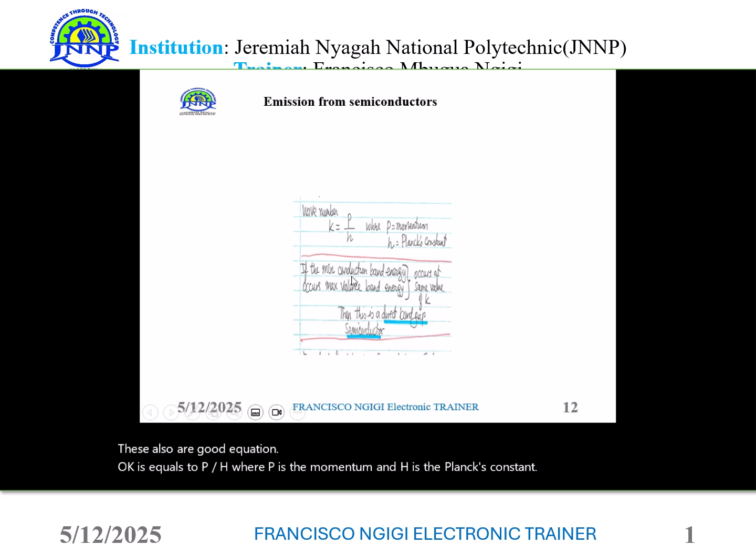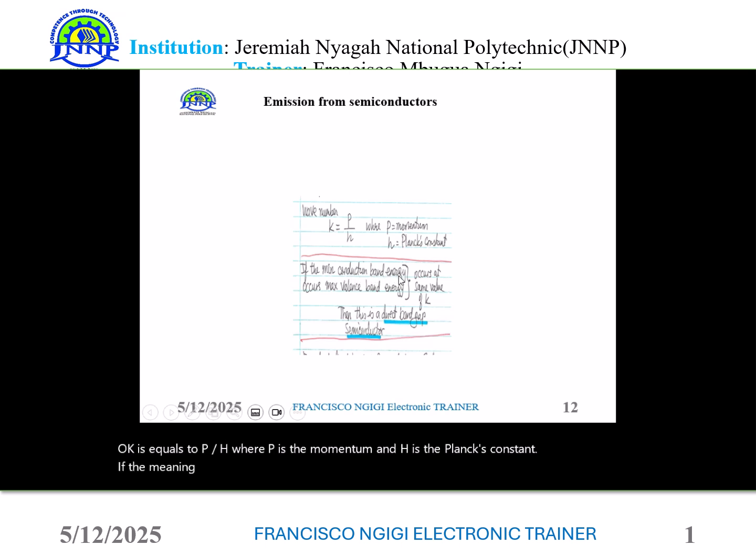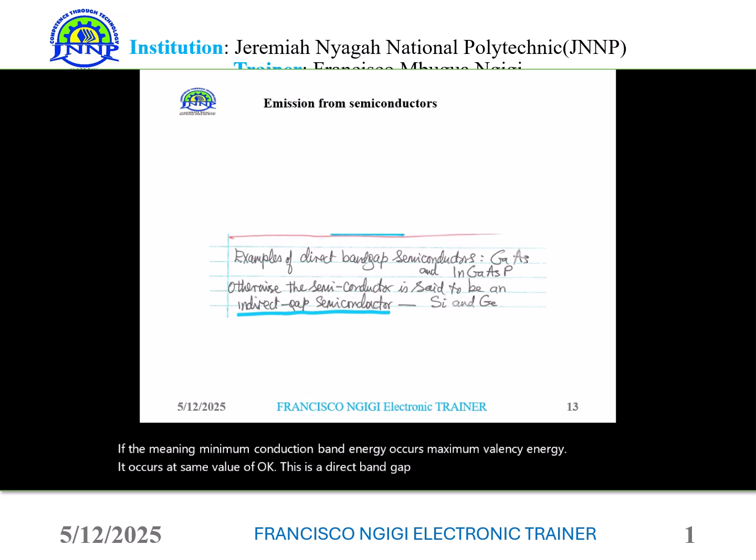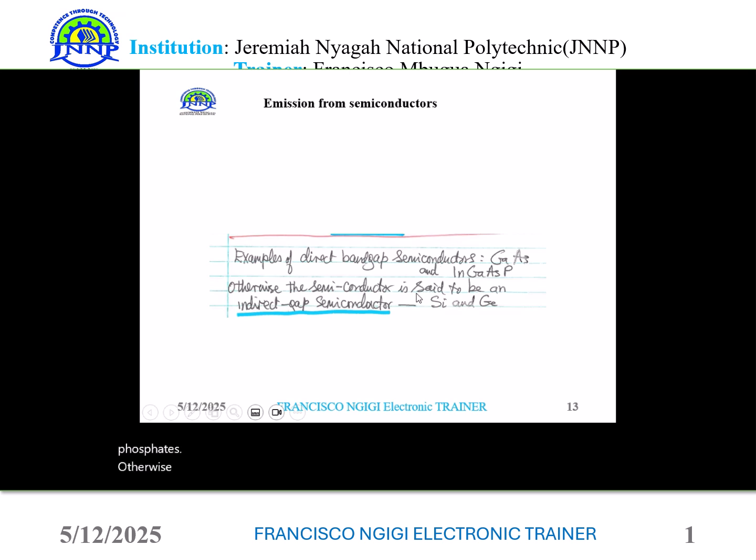If the minimum conduction band energy and maximum valency band energy occur at the same value of K, this is a direct band gap semiconductor. Examples of direct band gap semiconductors are gallium arsenide and indium gallium arsenide phosphide. Otherwise, the semiconductor is said to be an indirect gap semiconductor,